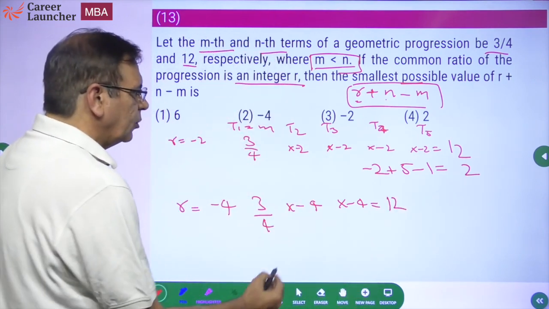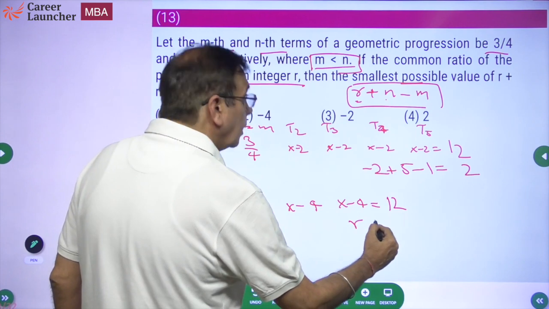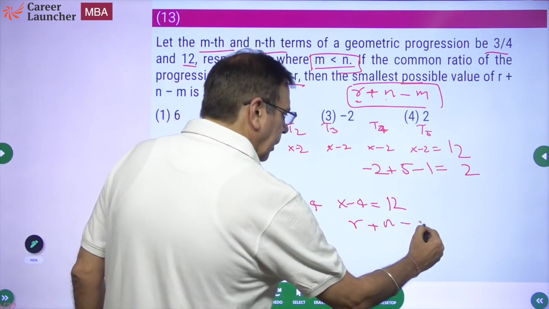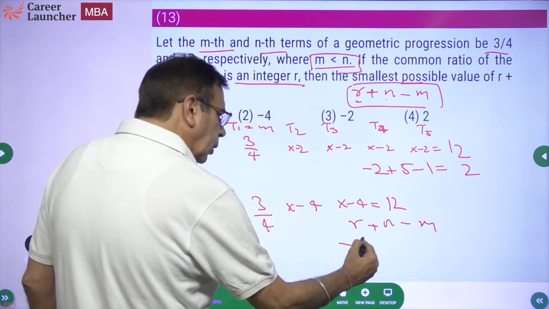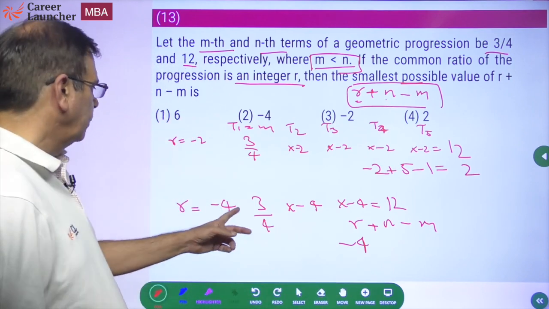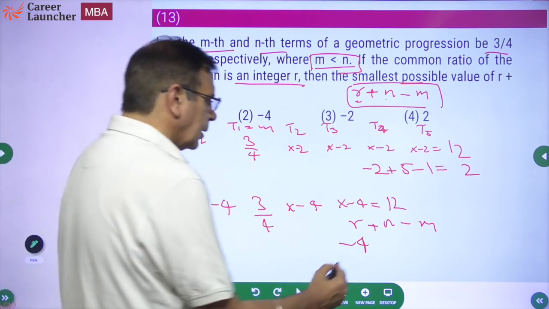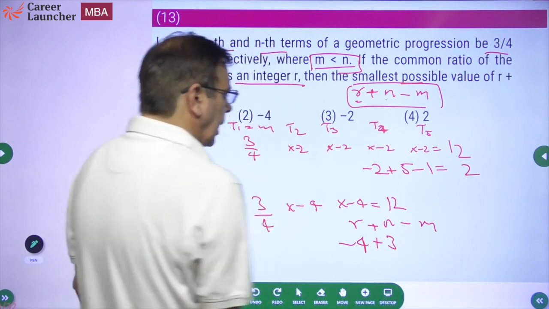So now what is the case? R is equal to r plus n minus m. R is equal to minus 4. N is equal to, there is the first term, there is the second term, there is the third term. And m is equal to,